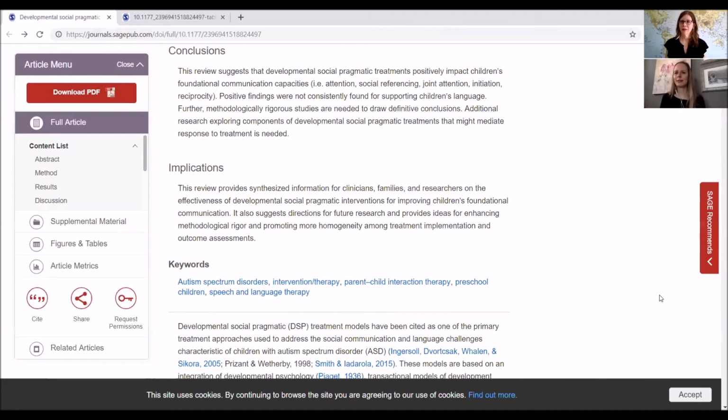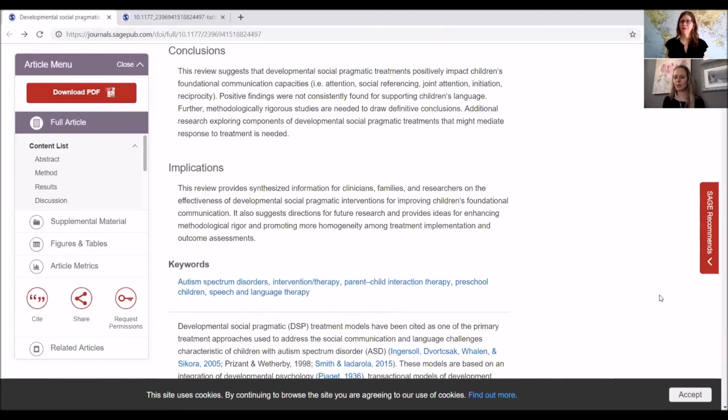Because that tells me that the child is going to be able to generalize those skills a little bit better. So in the studies, there were a few studies that did use natural language samples or natural videotaped interactions to evaluate the child's language post-intervention, and positive results were found when we used natural interaction outcome measures. So that's something that's really interesting, because